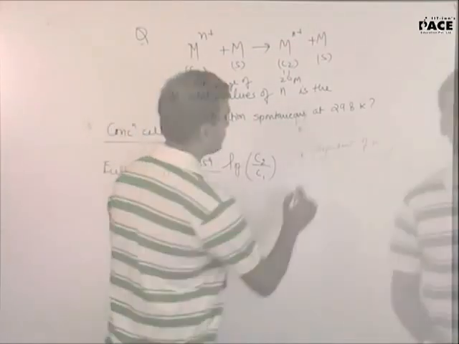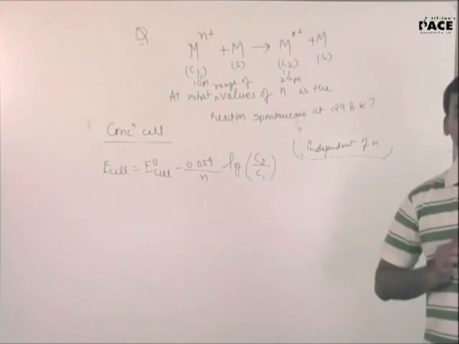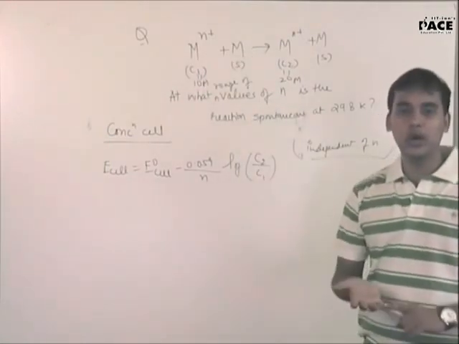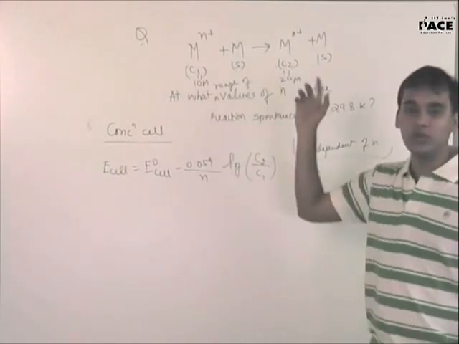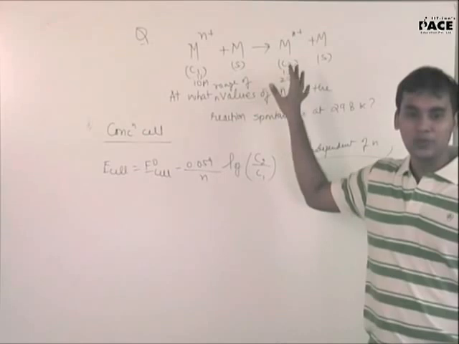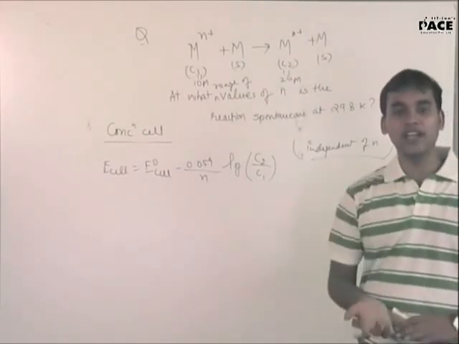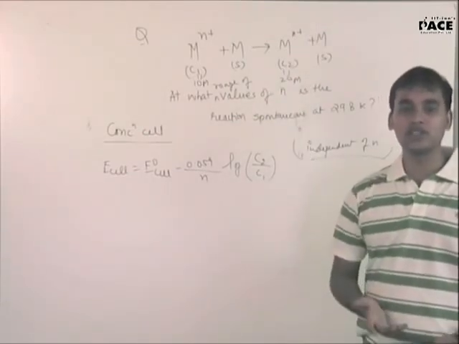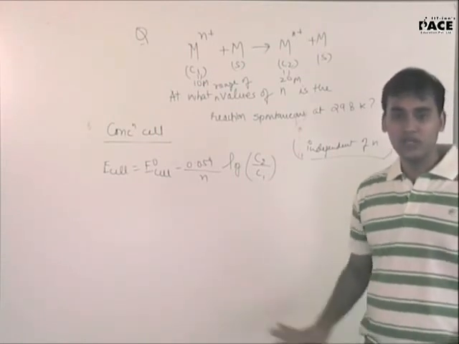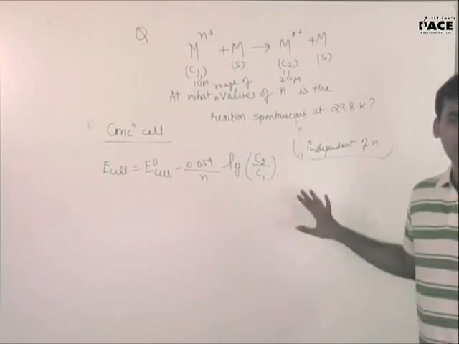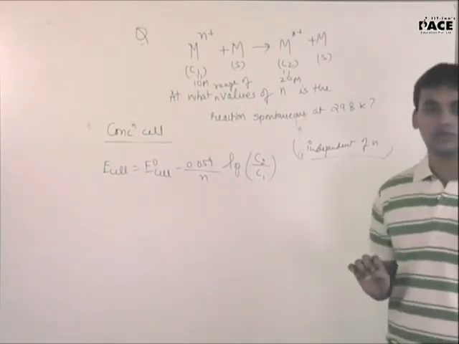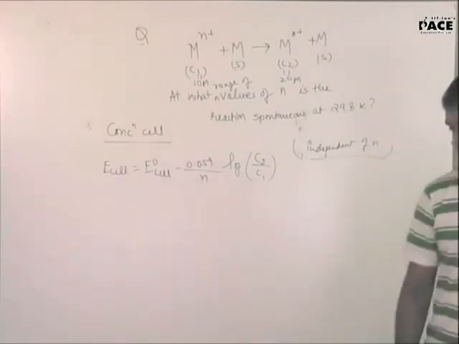But again, if the question comes in JEE, they will write something like this. You don't know what n is, you don't know what C1, C2 are, they will give you all these things. Suppose in this case I gave you C1 and C2. One question which might arise before solving is, what is C1, what is C2, what will be the E naught values, and you will leave the question. It is very easy as such. This is the case of a concentration cell. Clear? Yes. Okay, let's go ahead.